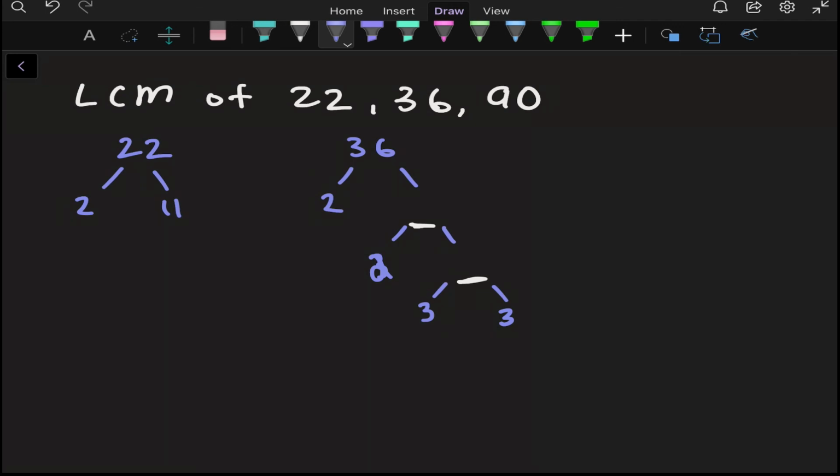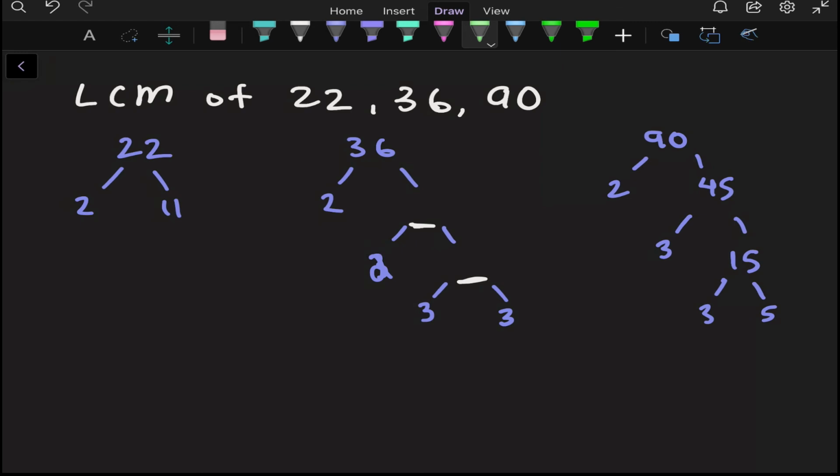And then if we do 90, again, you can do the factor tree. 2, 45, 3, and 3 times 5, 15. Okay, so now that we have all of our numbers, we have to go through and choose the most